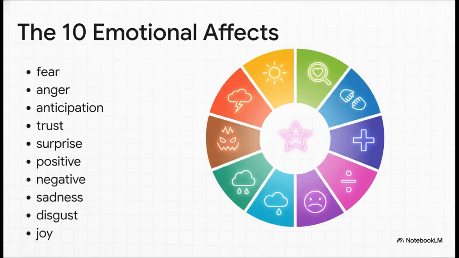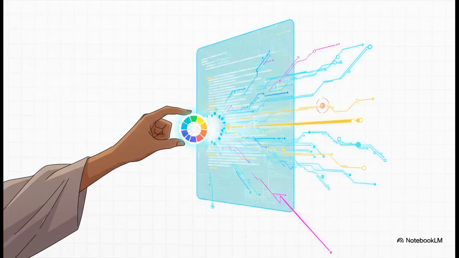So what can it actually detect? Well, it measures these 10 core effects. You've got your classic emotions, right, like joy and sadness. But it also gets into more nuanced ones, like anticipation and trust. Plus, it can give you a general positive or negative score. This gives us a really rich emotional palette to work with. So once the tool is all set up, you can just pop it right into your script to start the analysis. And this brings us to the final step, turning all that text into real emotional data.